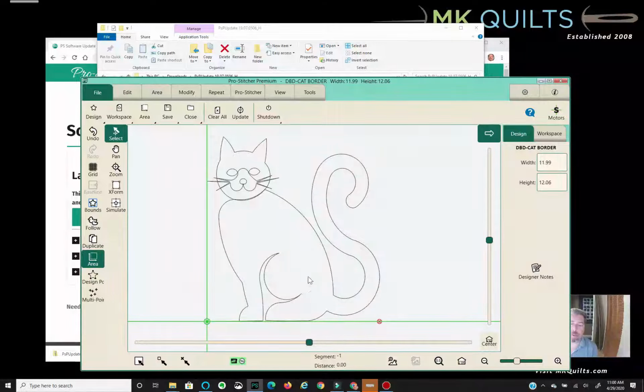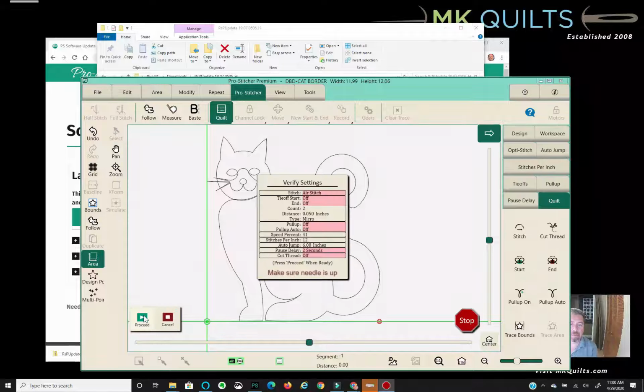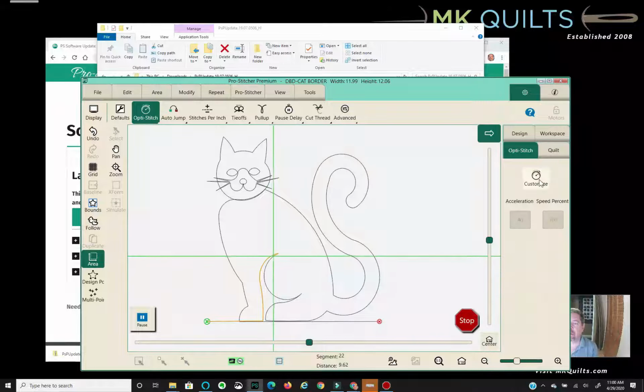Okay, so we can see that we can do all the things in simulate mode. ProStitcher, run, proceed. Machine goes to the start and starts stitching. All right. By default, you're going to find that your